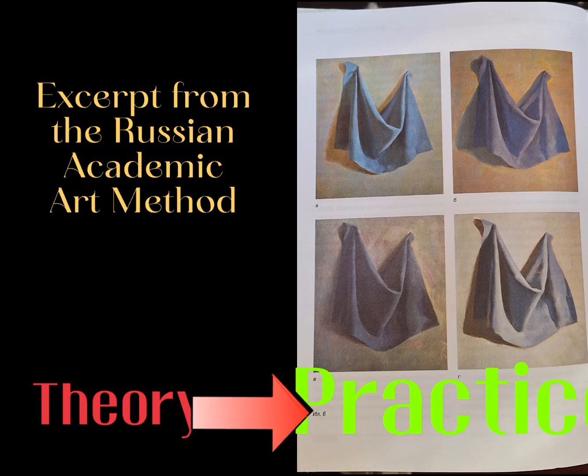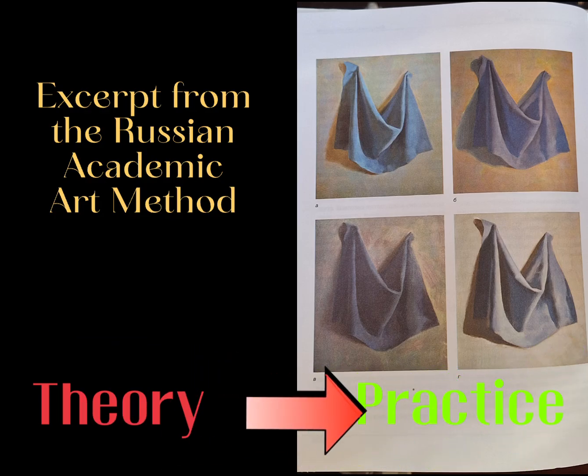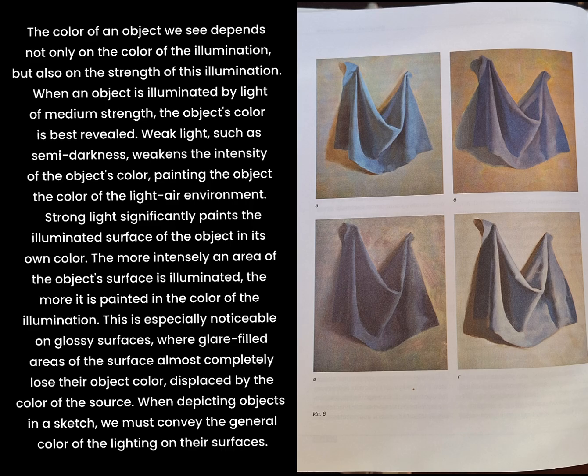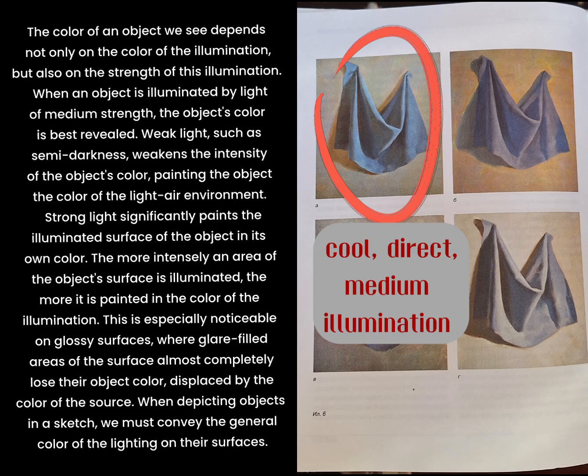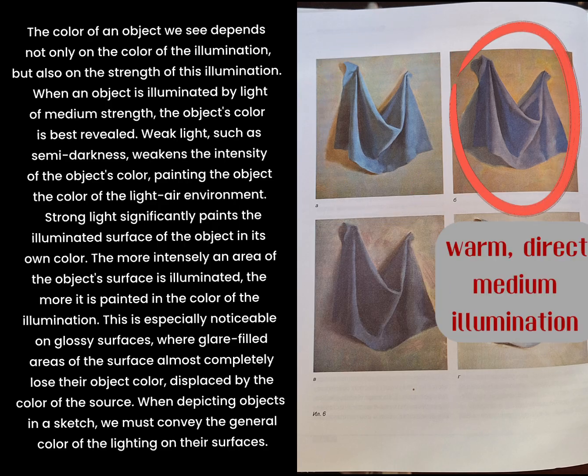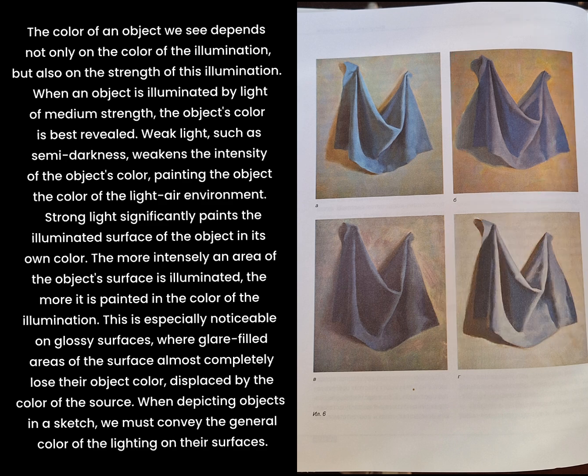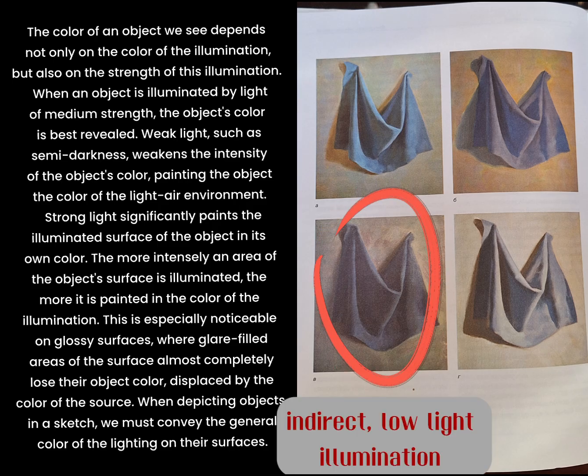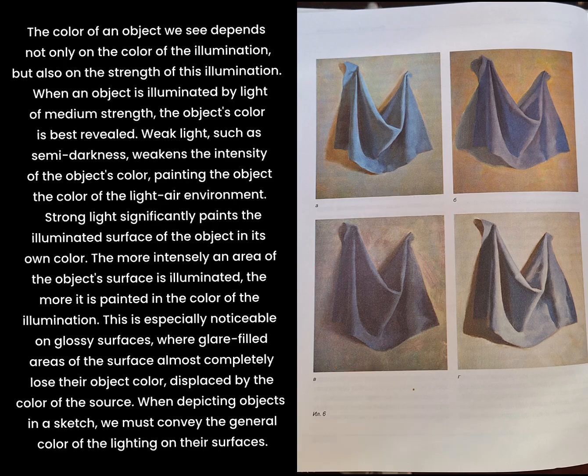Before we dive into painting 2 and 3 object still lifes, we have to get this out of the way. The color of an object we see depends not only on the color of the illumination, but also on the strength of this illumination. When an object is illuminated by light of medium strength, the object's color is best revealed. Weak light, such as semi-darkness, weakens the intensity of the object's color, painting the object the color of the light